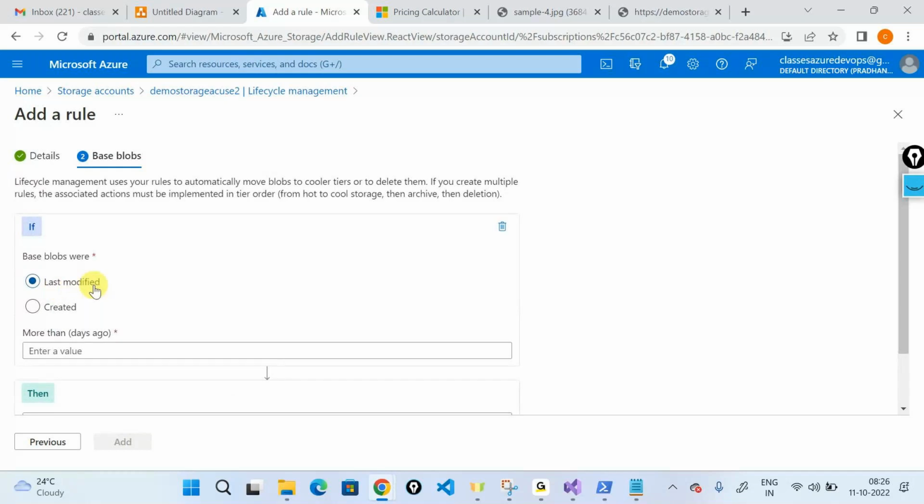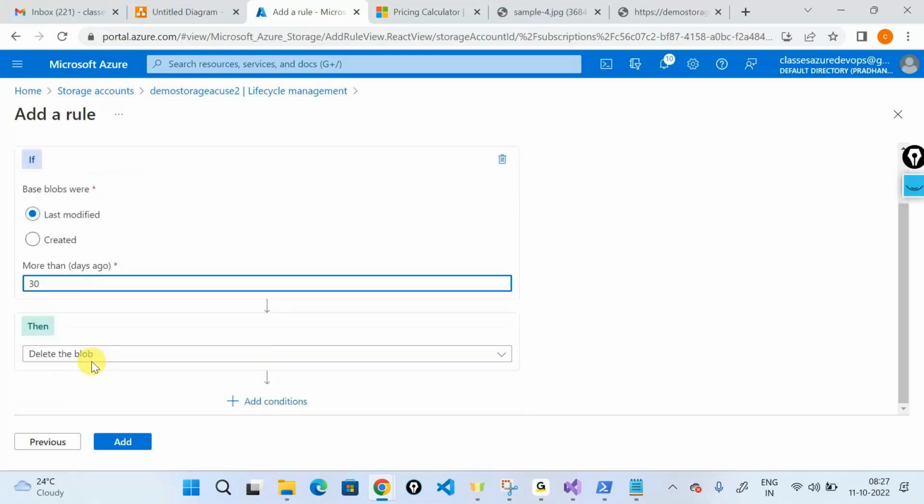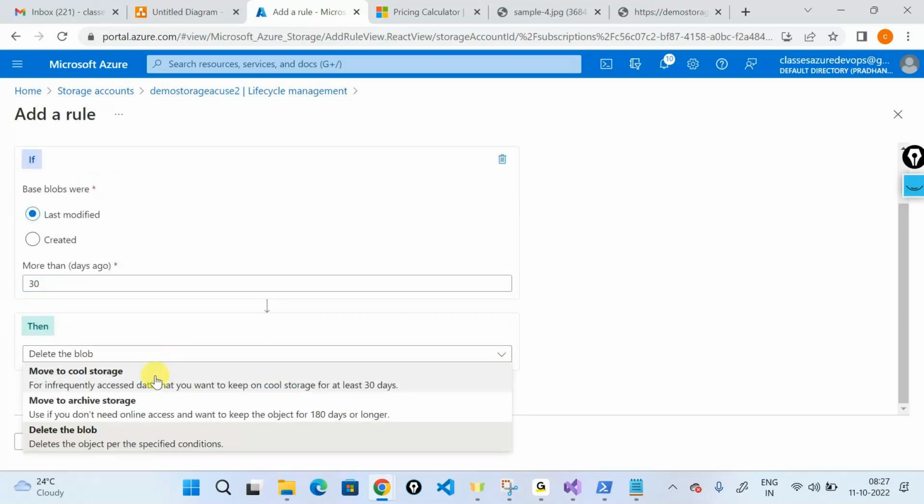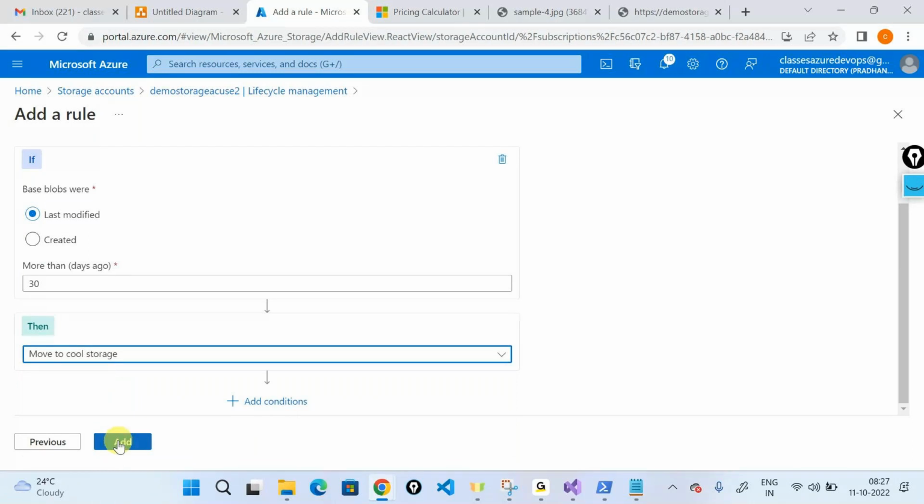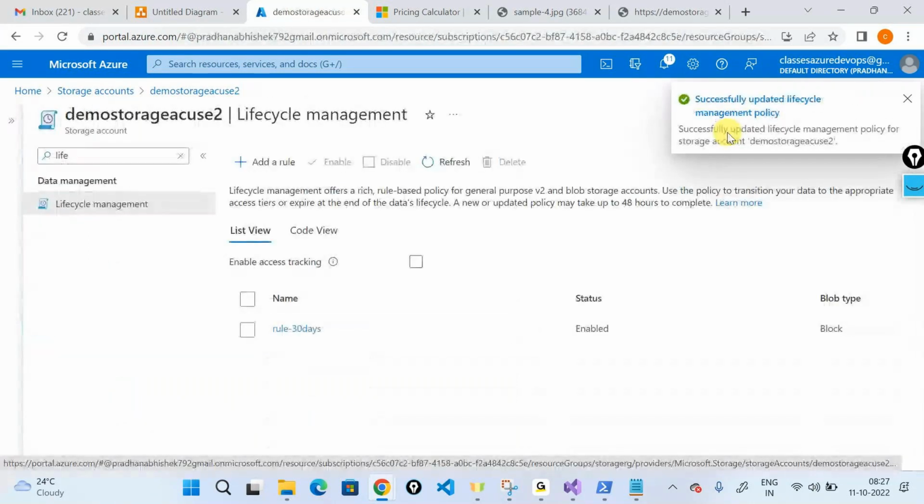That's what it is telling you. If the last modified date or the created date, you can take either one, either being last modified or being created. Let's say I put last modified out here. I'll say if it is more than 30 days, then move the blob to what? Cool storage or archive storage, or if you want to delete it, you can delete it. I'll say cool storage, I'll say add,